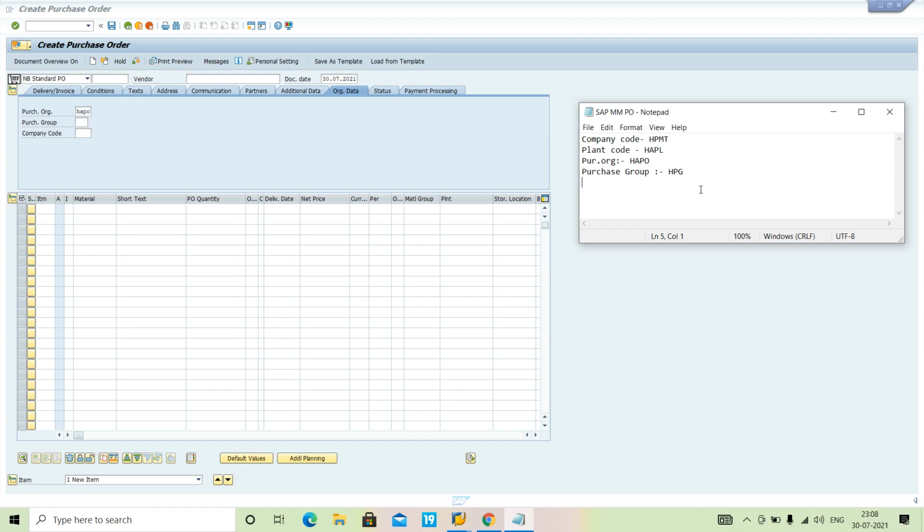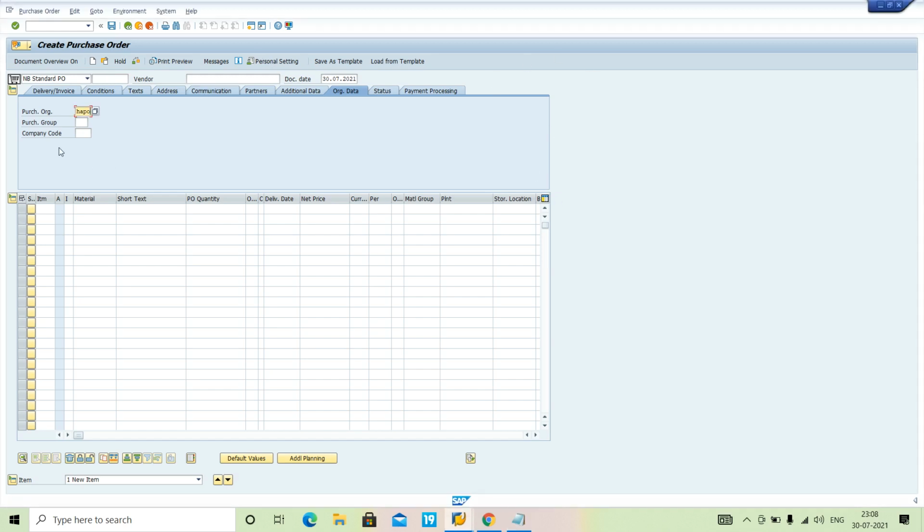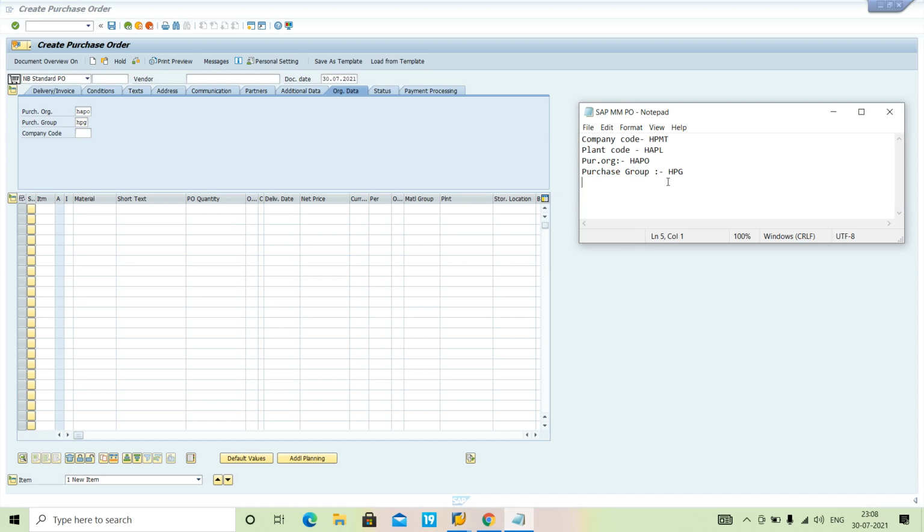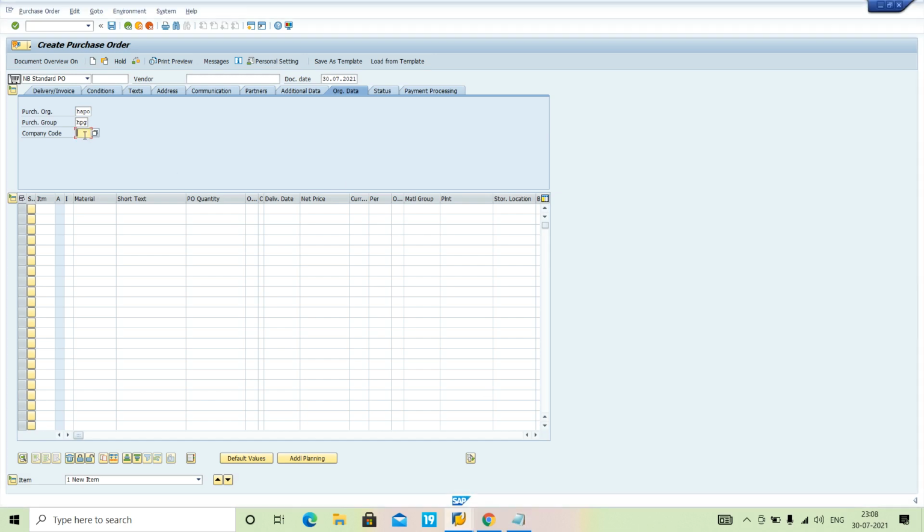We will check simultaneously what kind of errors we get and how to solve them in this particular transaction, right? I have entered the purchase organization, and I have to mention the purchase group and the company code. What's my company code over here? HPMT is my company code. Good. The vendor is Happiest Mind Technology, with the vendor code name JTPS, and I have created a material whose material type is finished good, which is one of its attributes.